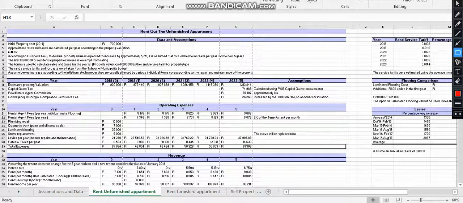In this calculation, the formula used to calculate the rates and taxes is the property valuation minus 200,000, which is an amount of residential properties that is excluded from rating, multiplied by the rand service tariff for the different property type. This data was taken from the Tshwane municipality budget,